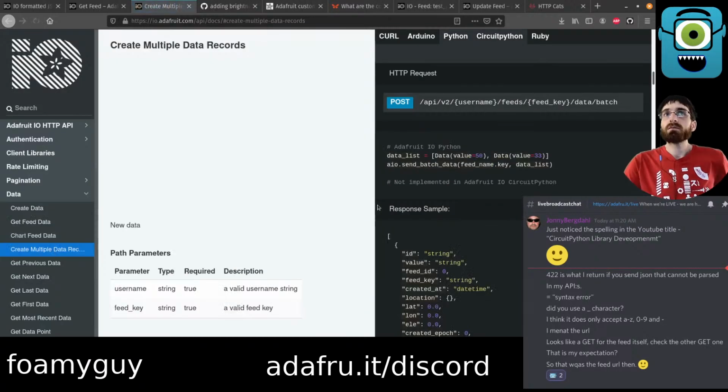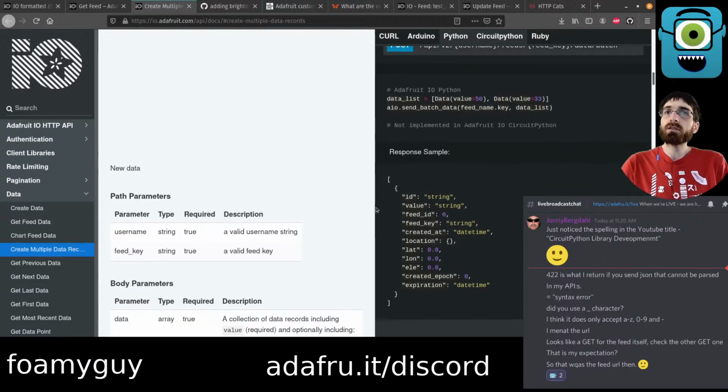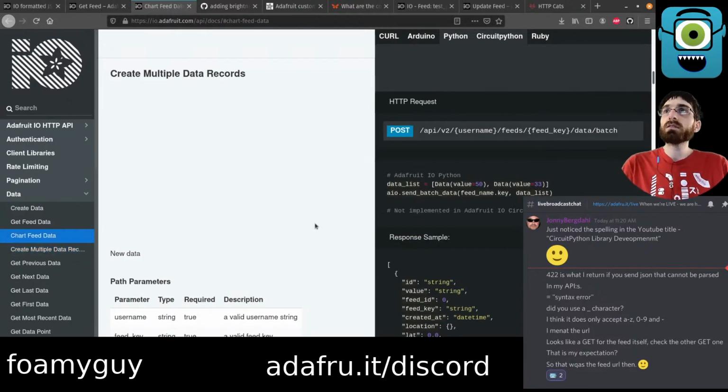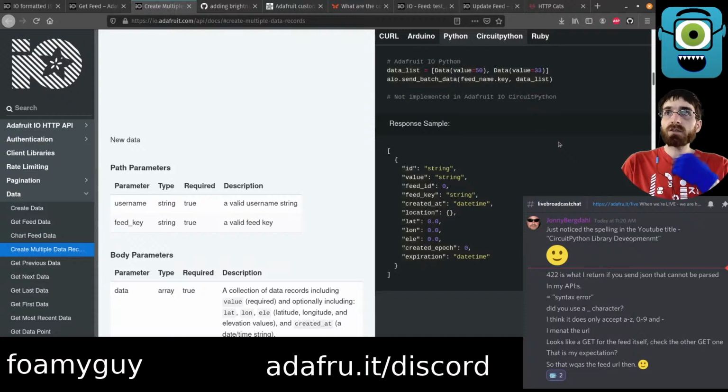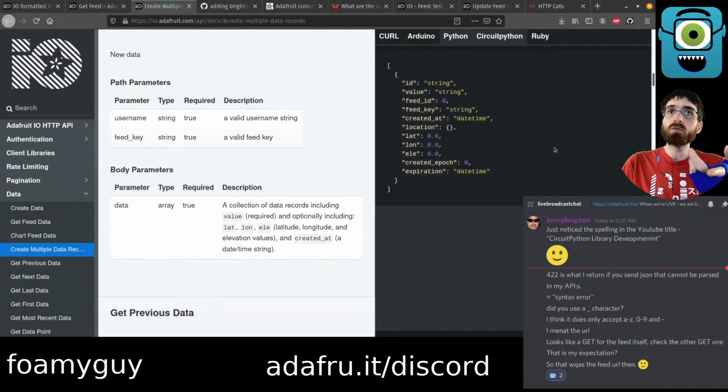So JW Cooper gave me links to batch updating. I don't really want to do it that way. I think, though, if I understand correctly... No, I definitely don't understand correctly. So, multiple data records. So this would be making like two data points for the feed,